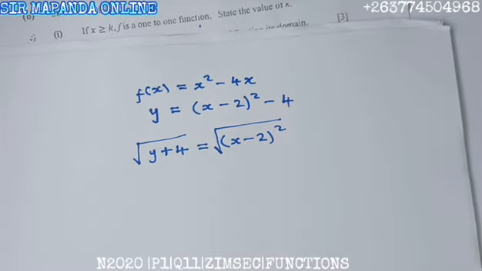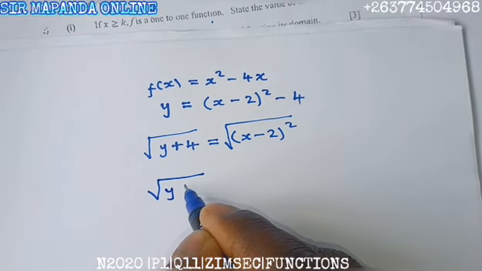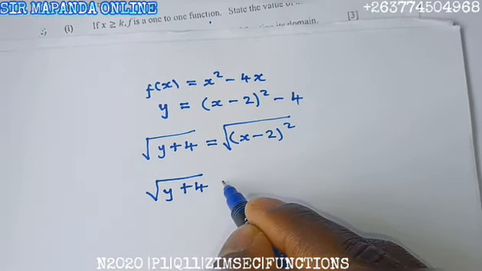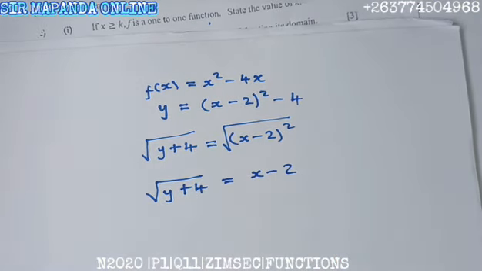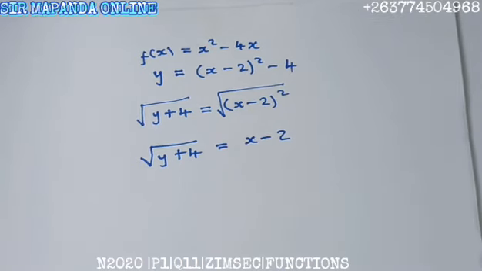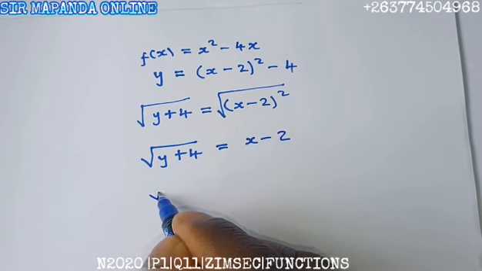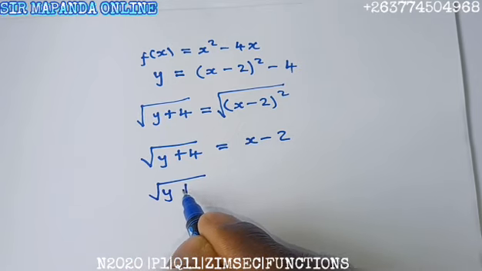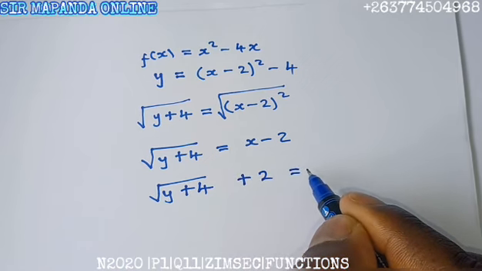But this time you are not putting plus or minus since it is a one-to-one function. So you now have square root of y plus 4 is equal to x minus 2. Then moving minus 2 to the left, you get square root of y plus 4 plus 2